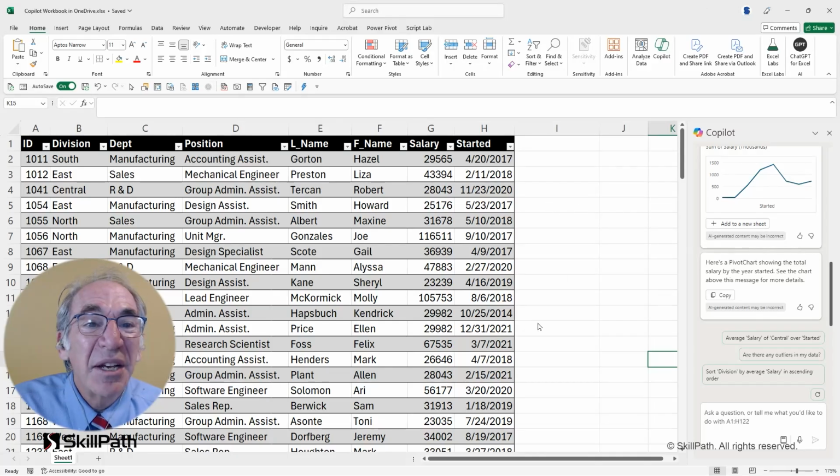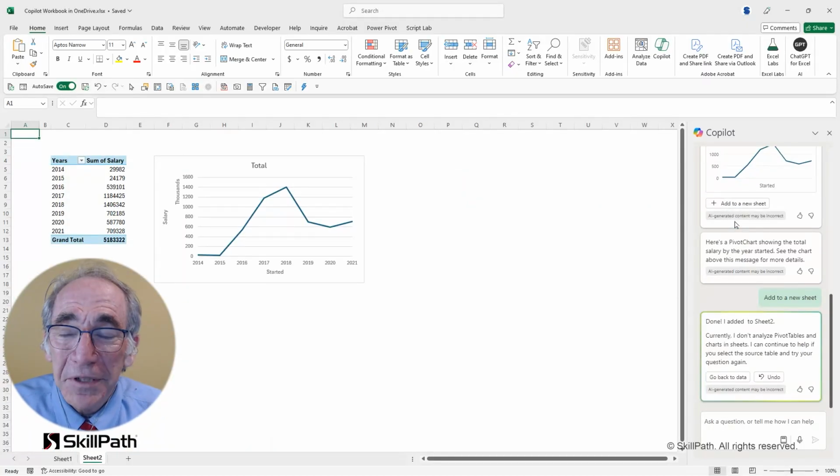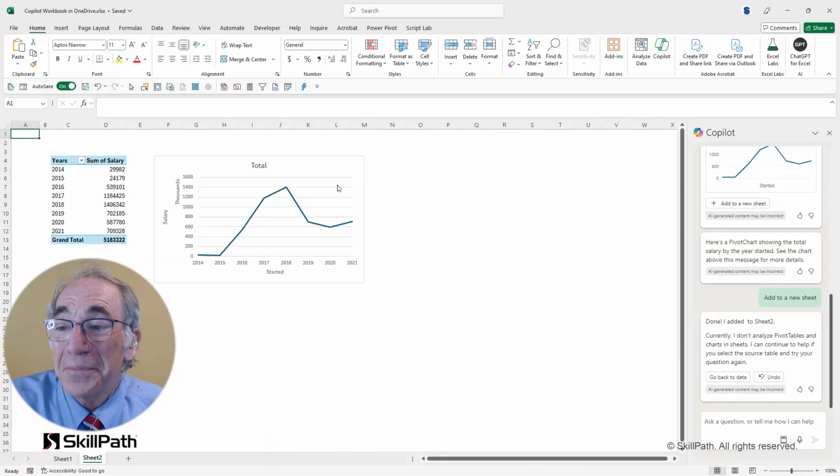And therefore, you're the person who, if you like this and would like to add it, can choose to add it to a new sheet. And when you do so, you wind up with a pivot table and a chart that's based on it, just like that. That's how this process effectively plays out. And if I return back to my table,